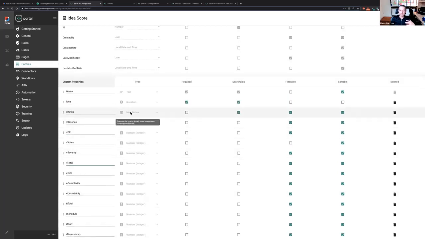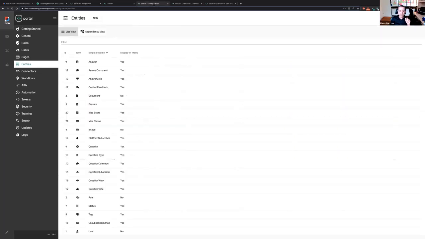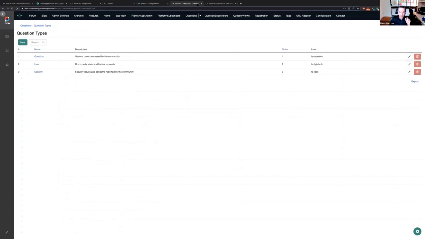I pick up a lot for free by hooking up to the question of type idea. So I know a lot of information. That's where the idea itself was captured. This is just some related information so that I can quantify, classify, do math, make decisions on it without having to put all this weight onto the question. Otherwise I would have had to go and mess with all those forms and retest everything. I just injected one field there to say these are ideas. So jumping back to our form,